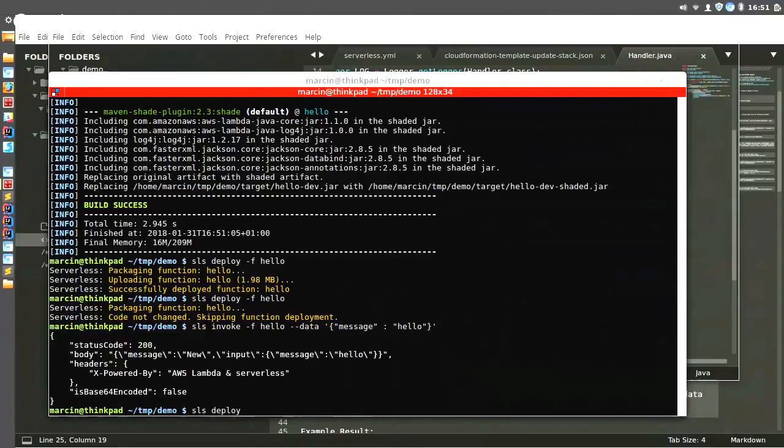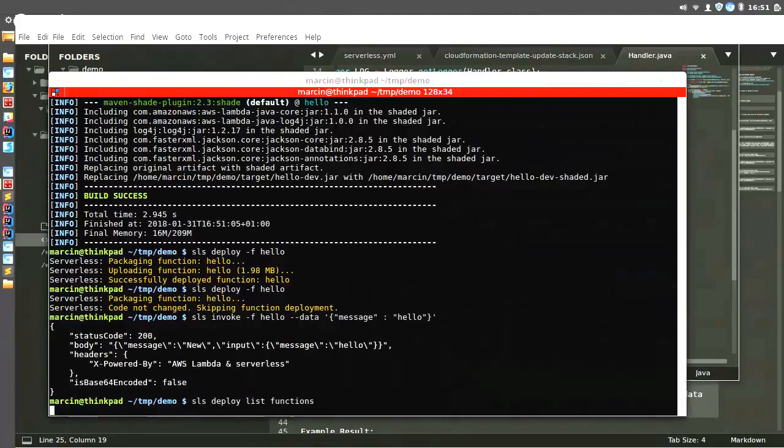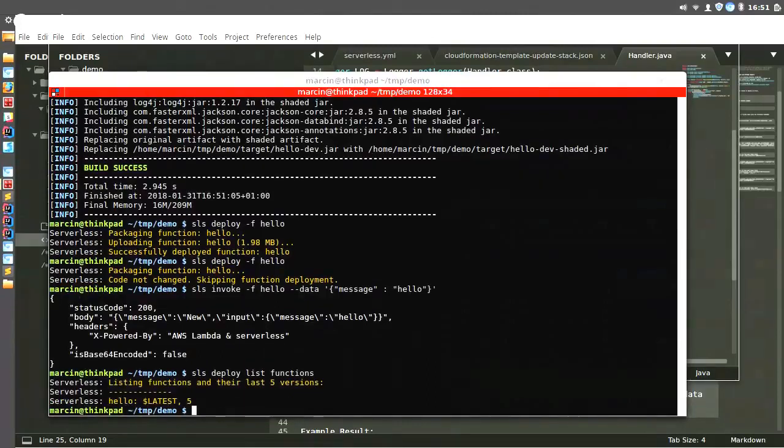So it looks like the version number is counted from the last version used in the destroyed stack. And if I want to roll back to the previous version of Lambda, I can type SLS rollback function, and this takes two arguments, function name and version: hello, and version 5,